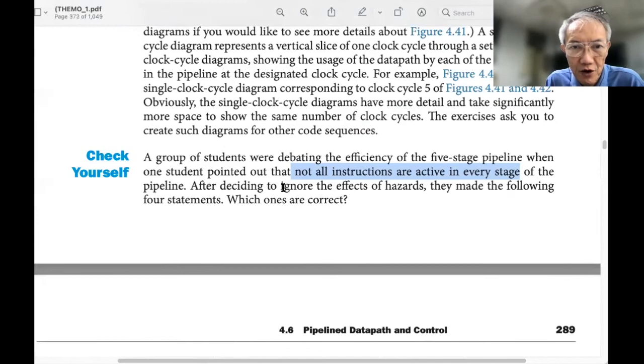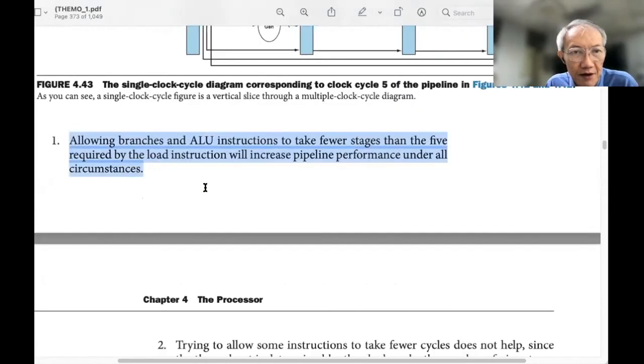Let's say we ignore all the hazards. Okay, if we shortcut the branch instruction, right,